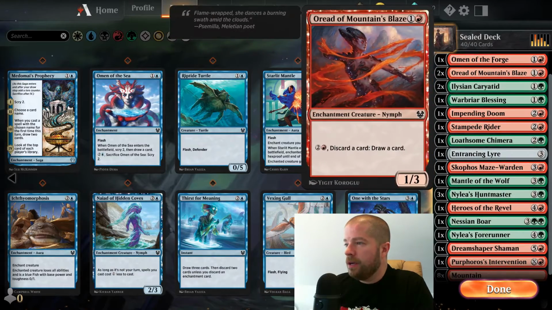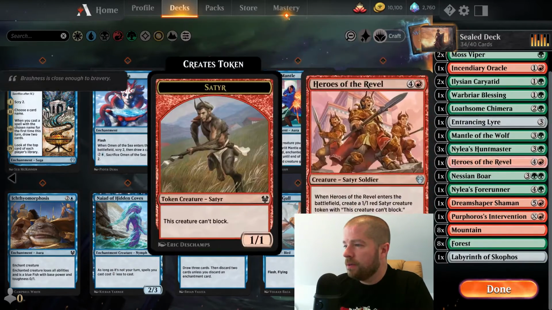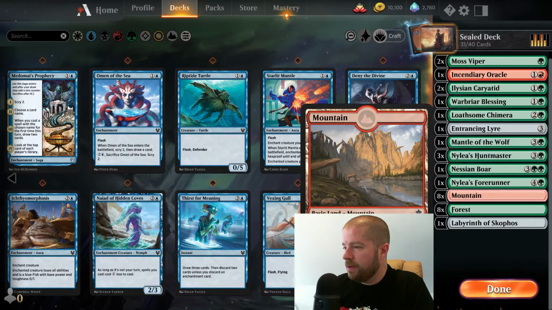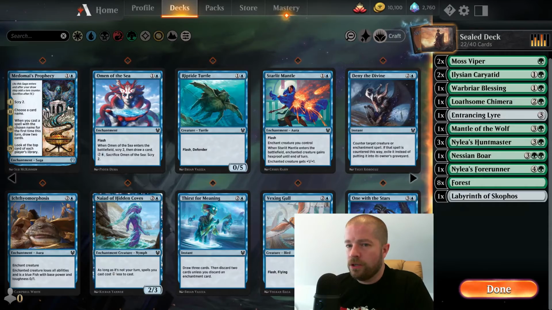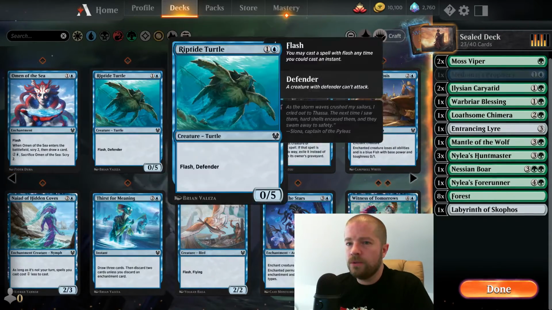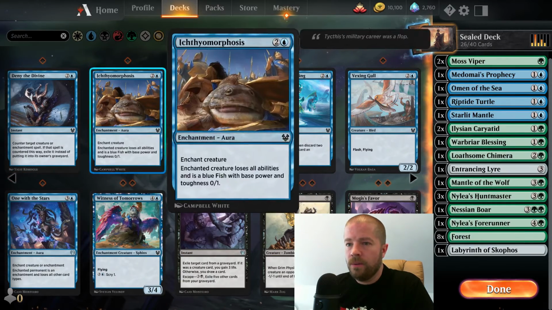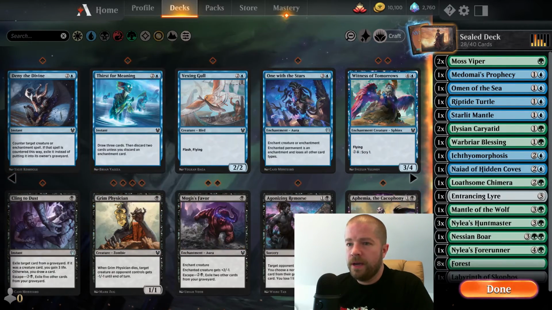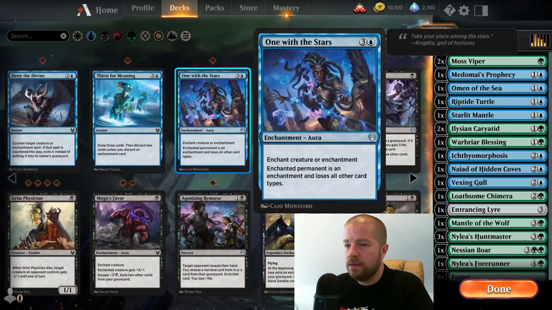You know what? I'm going to try it. I feel like I was... Again, we're light on creatures, so what did we have? Metamorphic Prophecy, the Turtle, the Omen of the Sea. We had Ichthyomorphosis. We had the Naiad. We had the Vexing Gull. I think we played one with the Stars as our last...